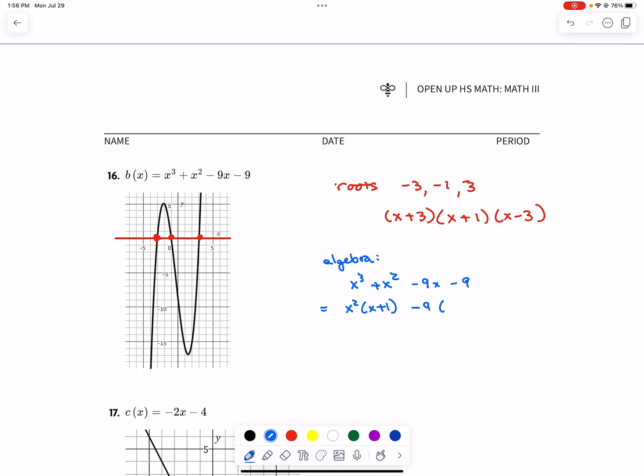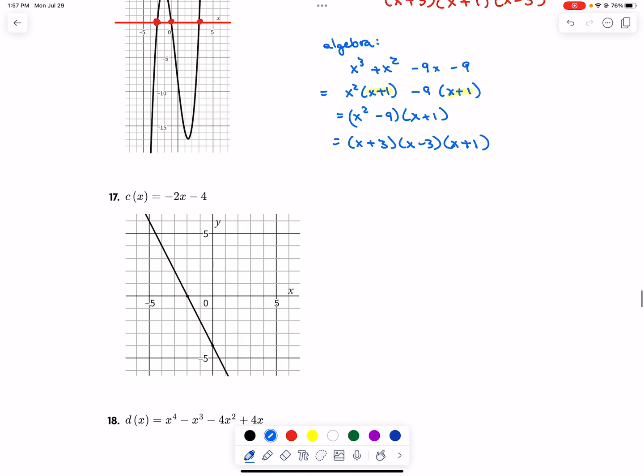Okay, I'm going to take 2 chunks and factor the x squared out of the first 2 pieces and the negative 9 out of the last. This doesn't work unless the function is specifically designed to work, but since these are both x plus 1s, we can factor them out as a common factor. And then break down x squared minus 9. Okay. Next,